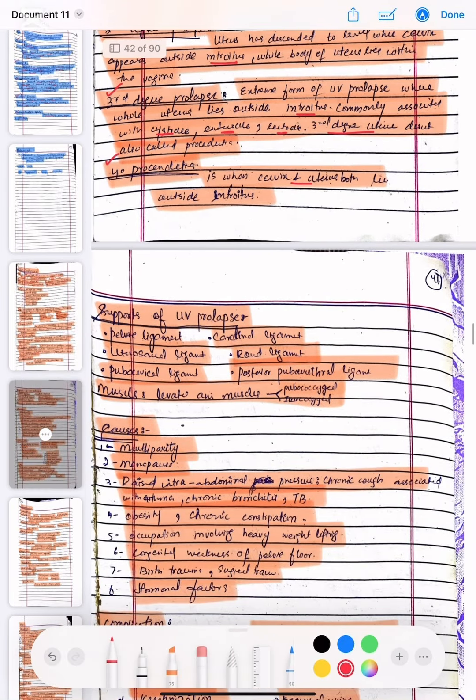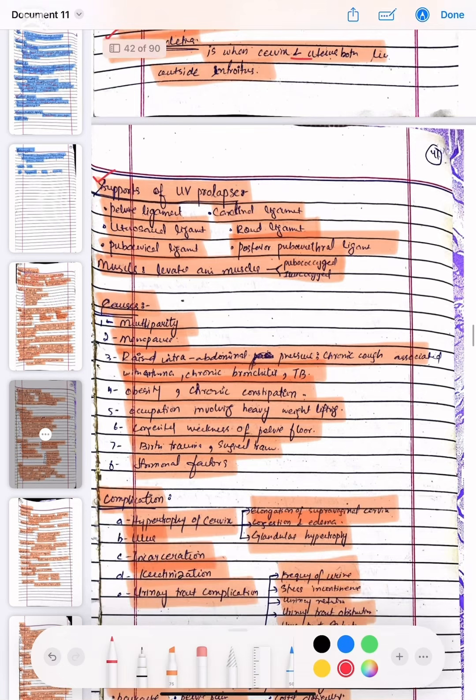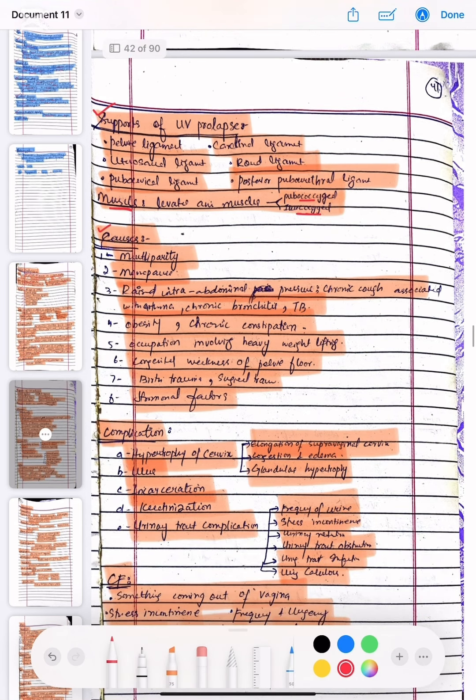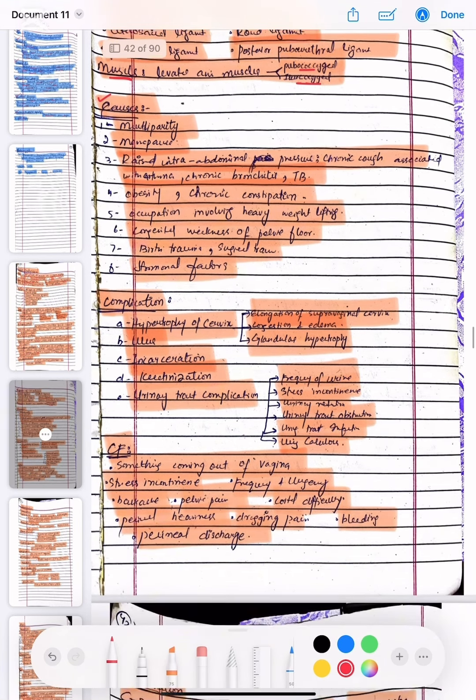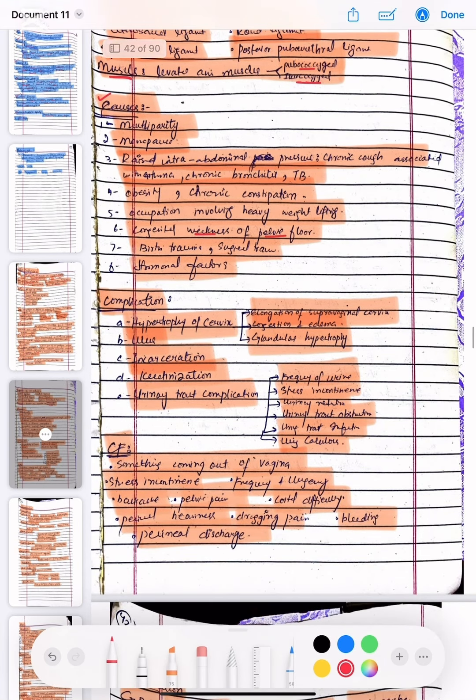Then the supports of the uterus are the pelvic ligaments: cardinal ligament, uterosacral ligament, round ligament, pubocervical ligament, posterior pubourethral ligament, and the muscles are the levator ani muscles, which are pubococcygeal and iliococcygeal. Then the causes of UV prolapse are multiparity, menopause, raised intra-abdominal pressure, chronic cough associated with asthma, chronic bronchitis and TB, obesity, chronic constipation, occupation involving heavy weightlifting, congenital weakness of the pelvic floor, birth trauma and surgical trauma,